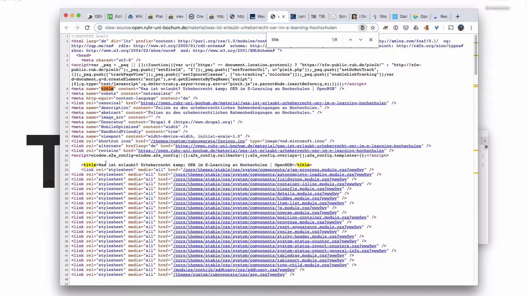It's in the metadata. Here's the title, and most people do that for search engine optimization reasons. The description is also in the metadata,